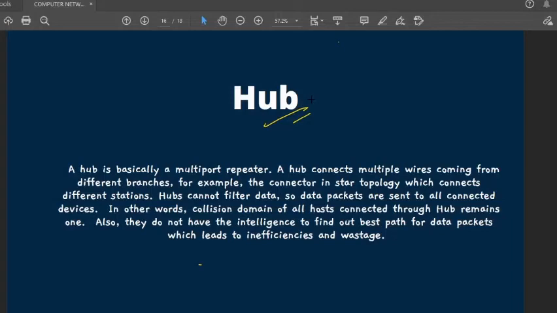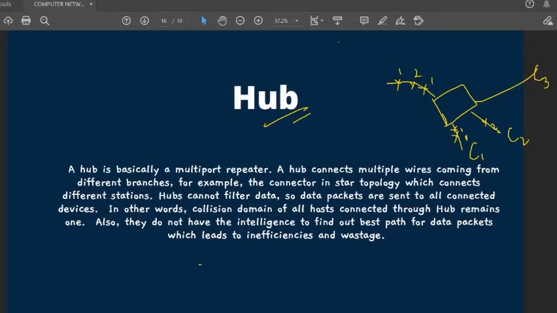Like in switch, suppose the packets are coming to the switch, and we are connected with system 1, system 2 and system 3. Now the data packets are coming. Suppose the packets are 1, 2 and 1, and suppose this is the address. This wants to go to system 1, this wants to go to system 2 and this to system 1. So packet 1 will only come to C1 because this switch is actually doing the filtration part. Packet 2 will come to C2 and then again packet 1 will come. I hope this is clear.